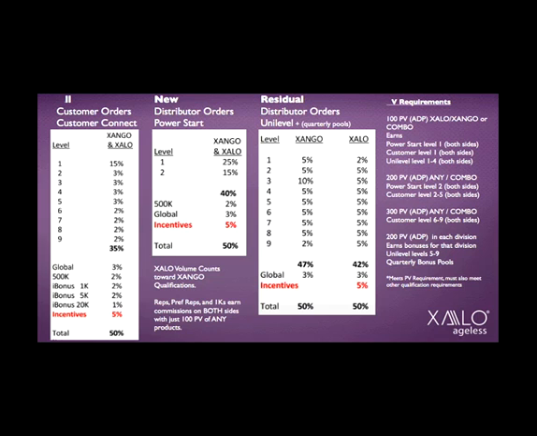It helps pay for the cost of recruiting. Oftentimes there's expenses. You meet somebody, you might take them out to lunch, you might give them a product sample or brochures or whatever it is. They will give you an additional large bonus on that very first order, and then they start paying you in the residual. So they also put on new distributor orders 2% into the 500K pool, 3% into the global bonus pool, and 5% into the incentive pools, and there's your 50% on new distributor orders.